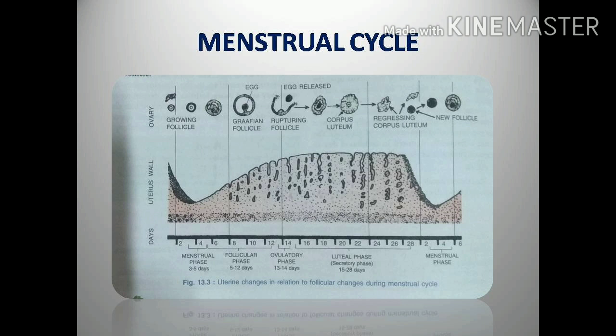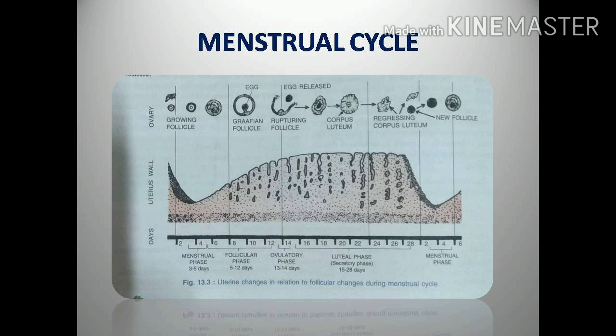If on the other hand there is no fertilization, the ovum disintegrates and the corpus luteum stops producing progesterone. As a result, the thickened lining of the uterus restarts shedding on the 28th day, and the lost blood escapes through the cervix and vagina. Here once again, if the fertilization does not take place, the shedding of the uterus wall takes place, the discharge of the blood takes place through the cervix and vagina region.